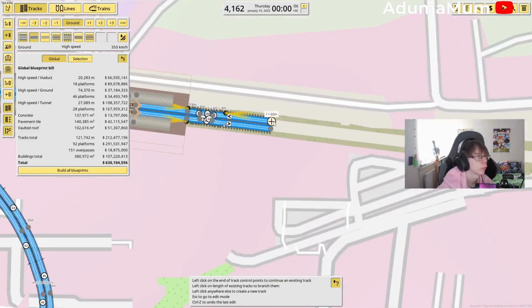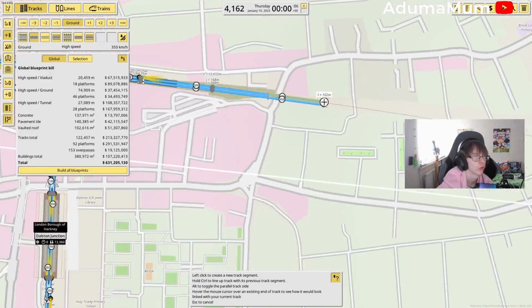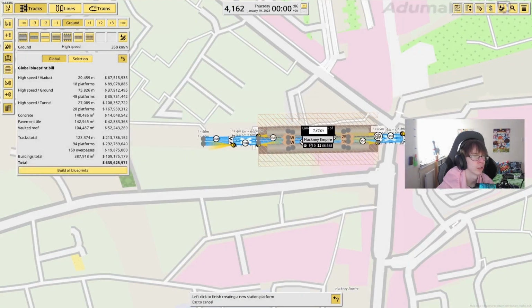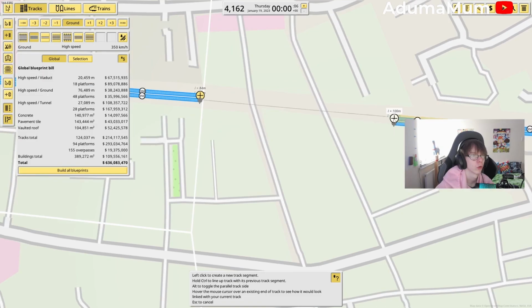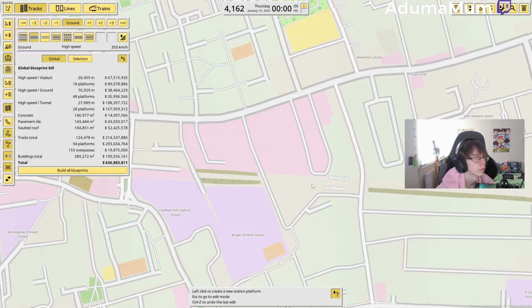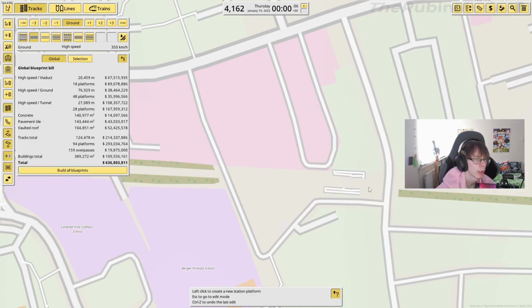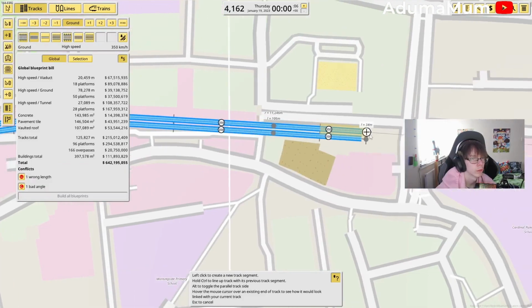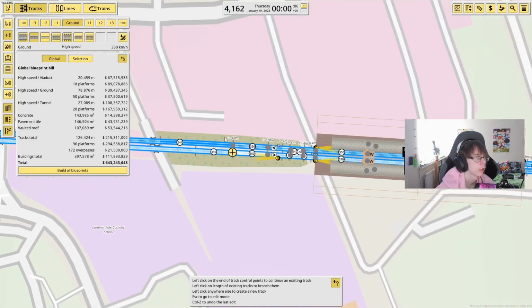But from here we're going to be using the Dalston Kingsland platform. I'm going to go all the way over to Hackney Central. So just go along like that. And the next station will be Homerton, which is also just in this gap here. So we can just find this little gap through here